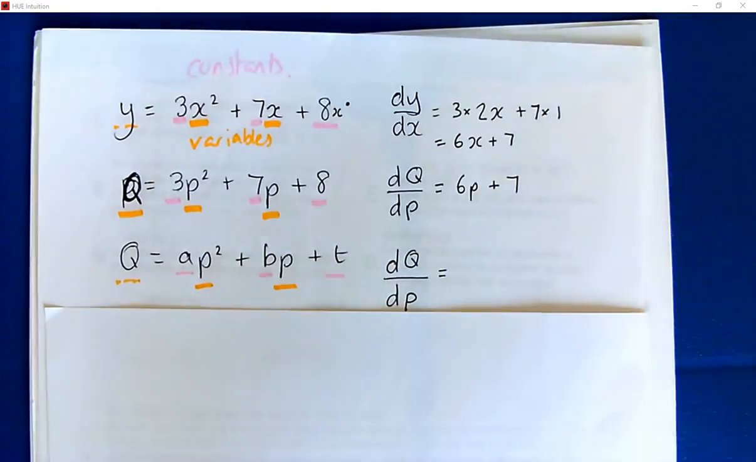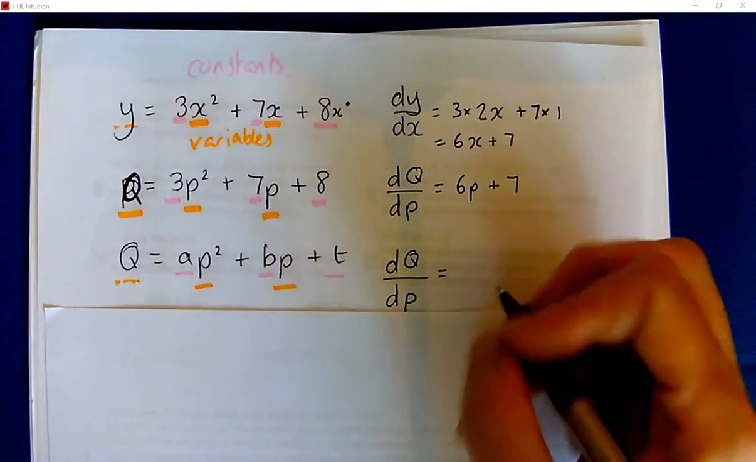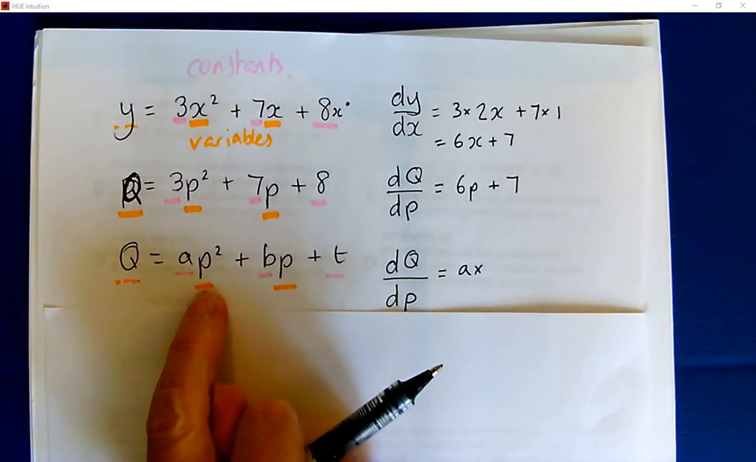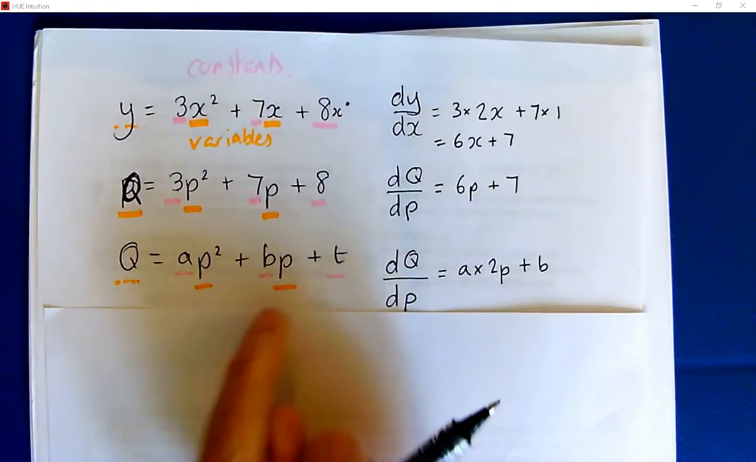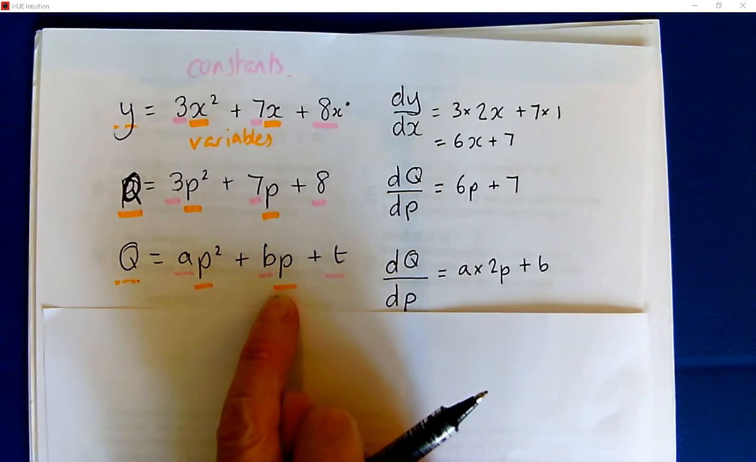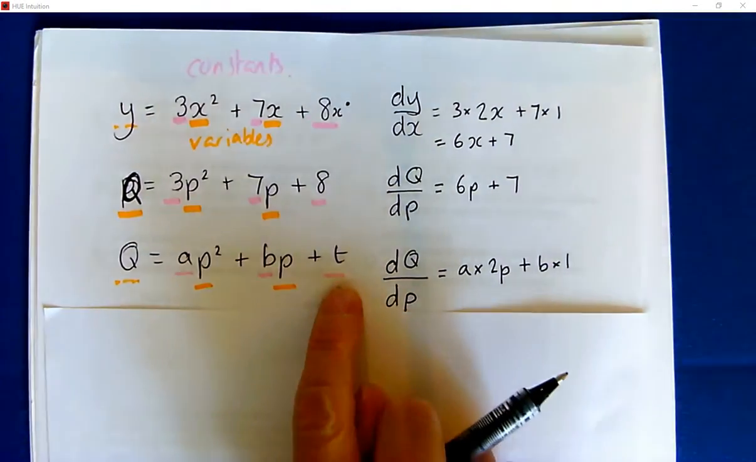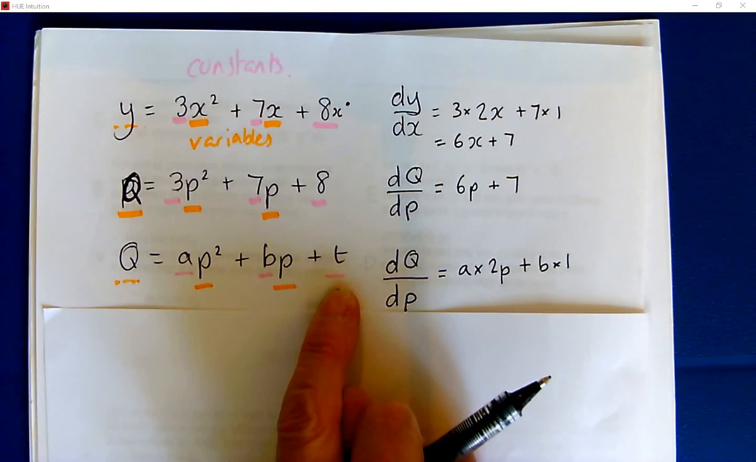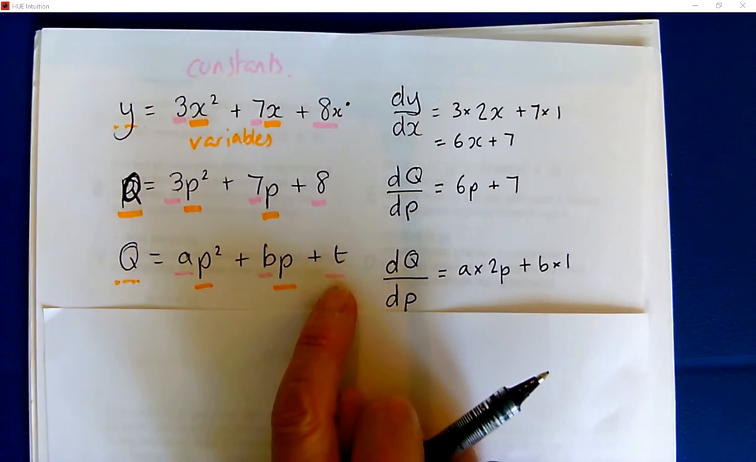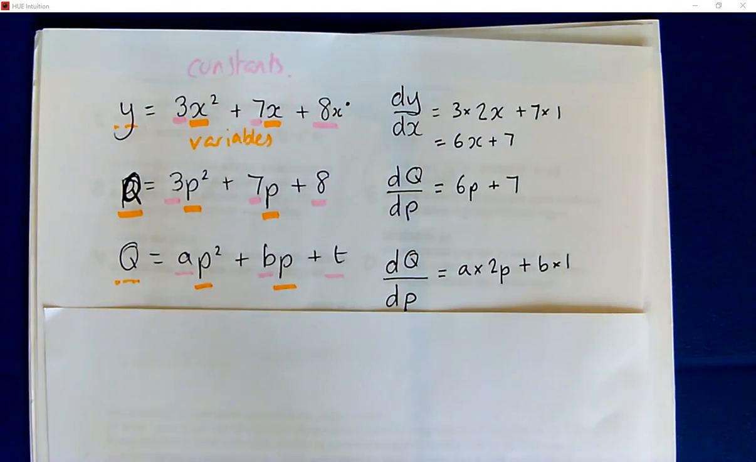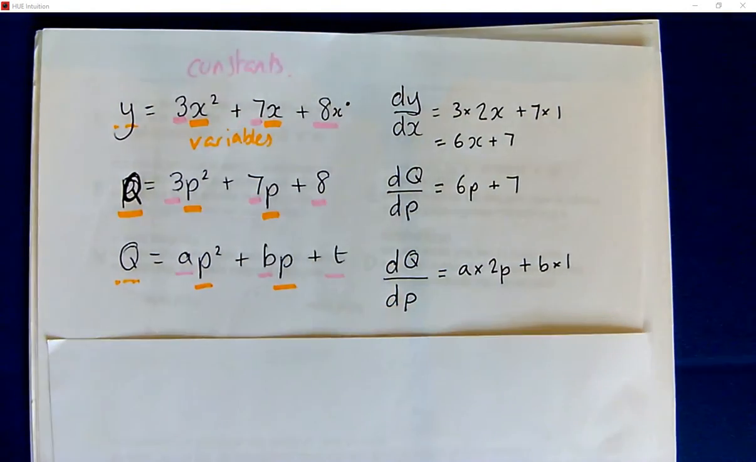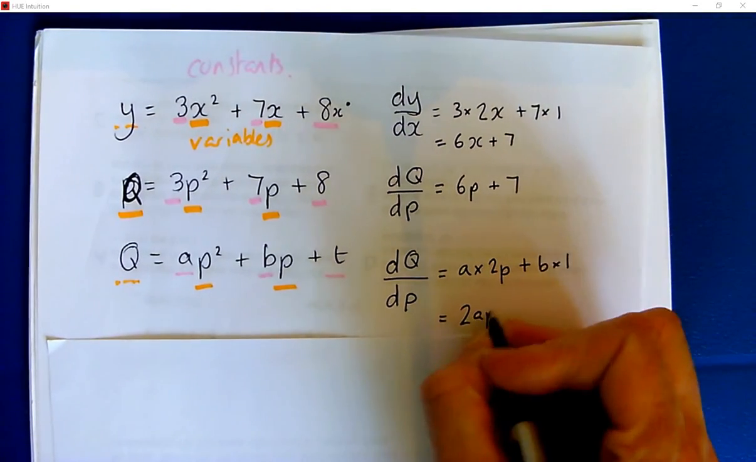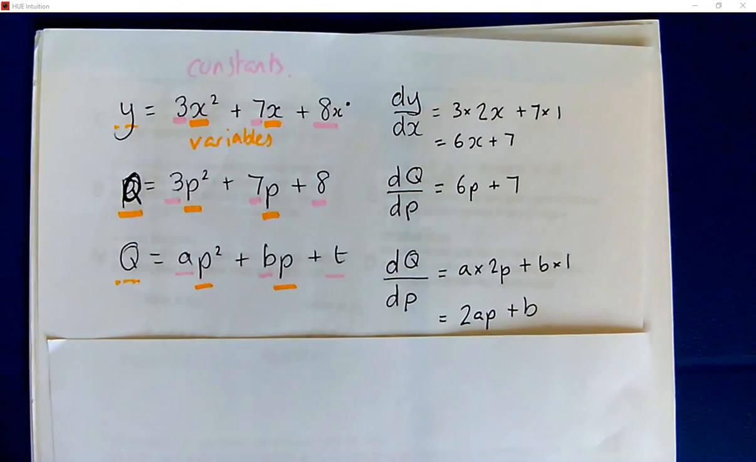So let's just spell this one out. I've got this number A multiplied by, and when I differentiate p squared, I get 2p. Plus, I've got this number b, and when I differentiate p to the 1, I get 1. And then I've got this number t, which is like t times p to the 0, so that just becomes 0. Remember, when you differentiate the constant t, you get 0. So if I slightly tidy that up, we've got 2ap plus b. Alright, so pretend all the other letters are numbers and you should be